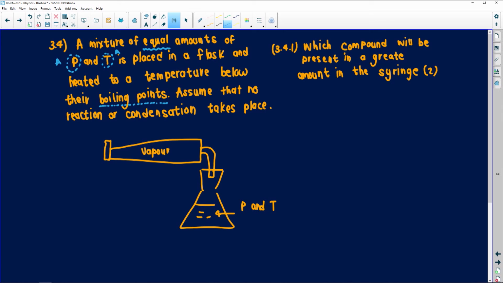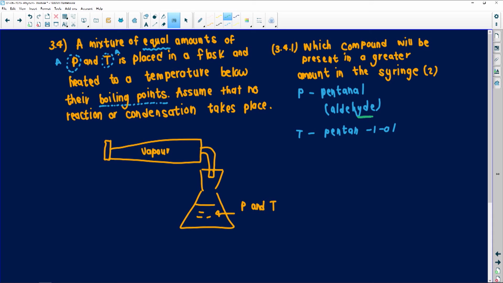But then this question says, which compound will be present in a greater amount in the syringe. So P is pentanal. Please someone write the name for anyone who just joined us, which is an aldehyde. Okay, I see what they wanted you to do in this question. We've got T, which is pentan-1-ol. So how I would look at this question, I would then say